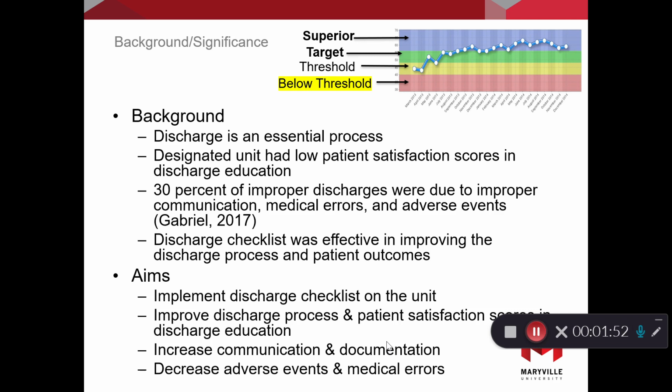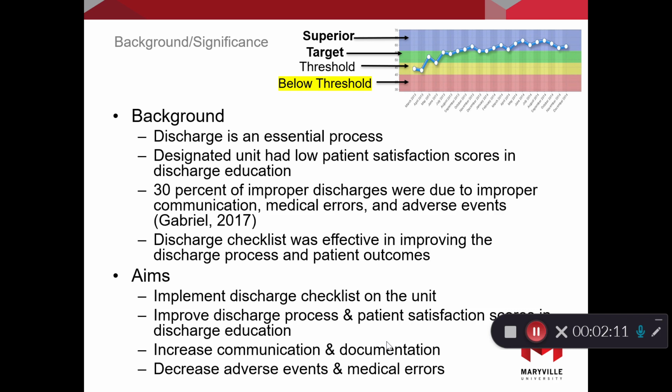The below threshold category is highlighted because that's where the scores were. They're really low, ranging from 50 to 60%. So these scores were really low, and this was one of the reasons why this project was being implemented in the first place,